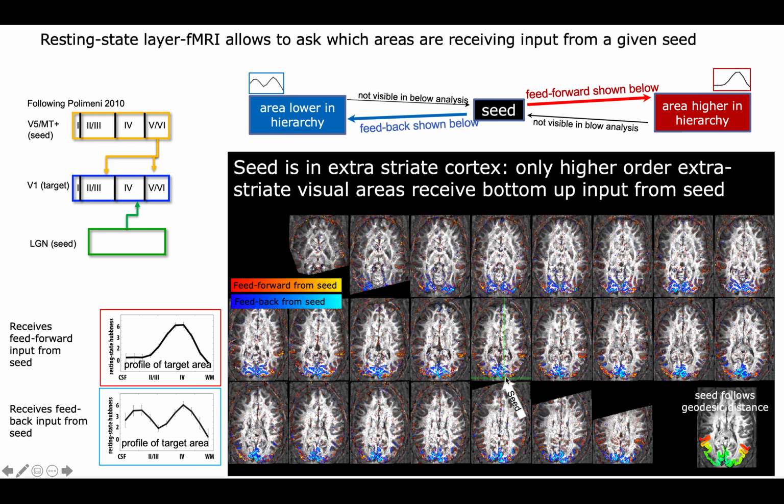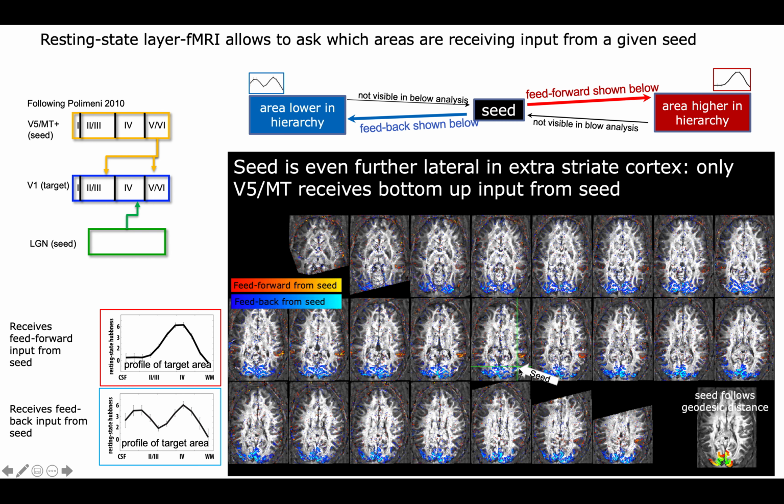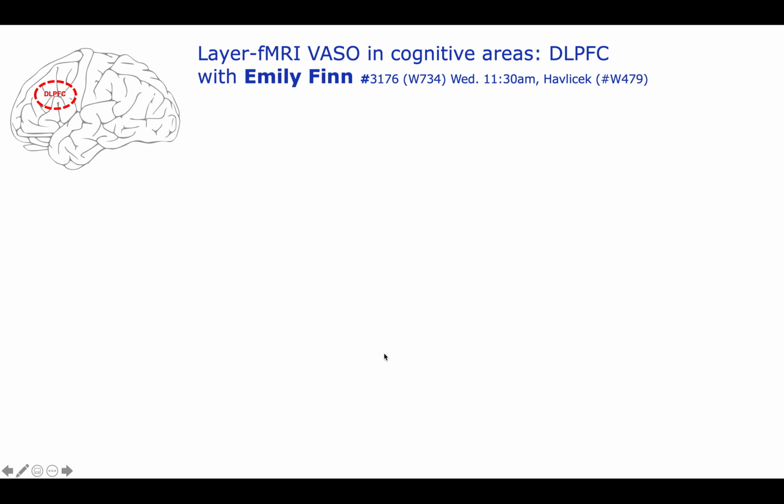And you can move along here to the next step, which might be V5, where most of the early visual areas really receive feedback input from the seed, and only these further anterior areas still receive feed-forward input. And in this way, you can kind of map out the cortical hierarchy on a column-by-column domain without predefined ROIs. Another application for non-BOLD layer-dependent fMRI in a more cognitive neuroscience domain is this study